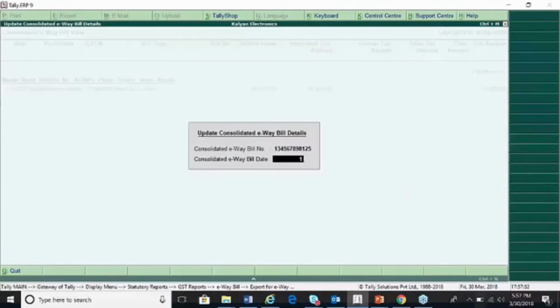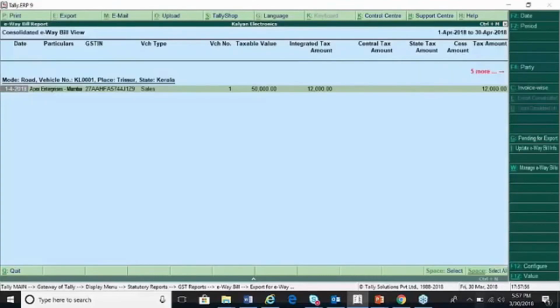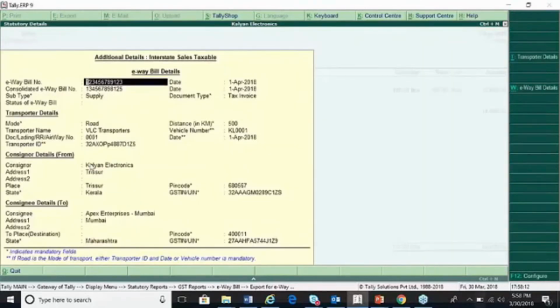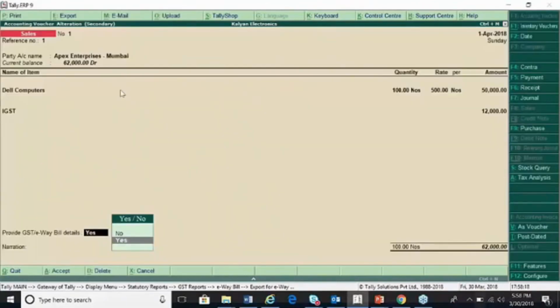Let us say it was generated on 1st of April itself. Once you set this option, you can see at the report level the e-way bill number which you already entered. Along with this, the consolidated e-way bill number is updated, and the date. You can further drill down to the entry and check under the section. Both the e-way bill number and the consolidated e-way bill are updated. So when you print, the individual e-way bill number will be on your invoice.